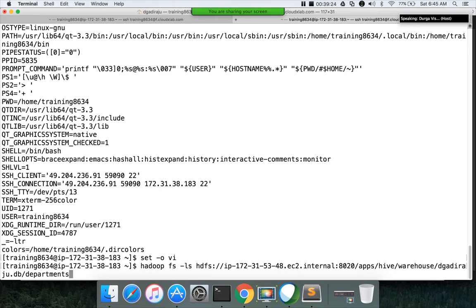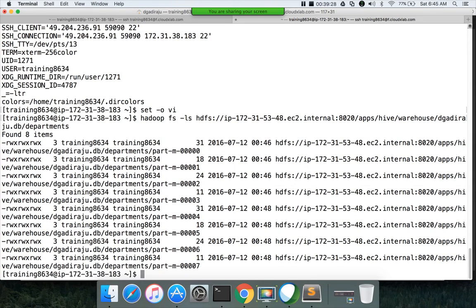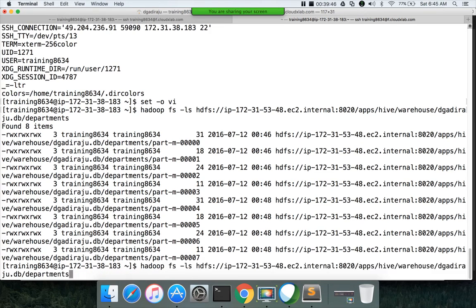earlier when we queried departments in this location or products in this location, we saw there is nothing. But now we can see all the files that used to be there in the original location are moved to here. So when you try to copy data from an HDFS location into a Hive table using the load command, data will be moved, not just copied. So if you try to query the original location, now you will not see the data. It will be empty.